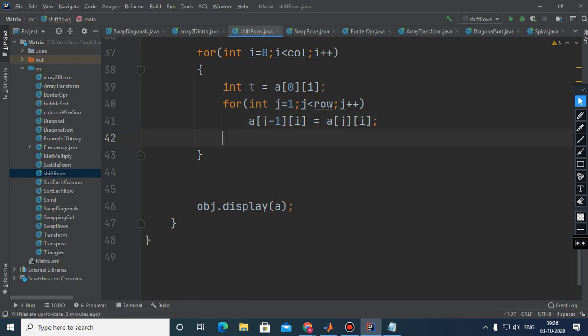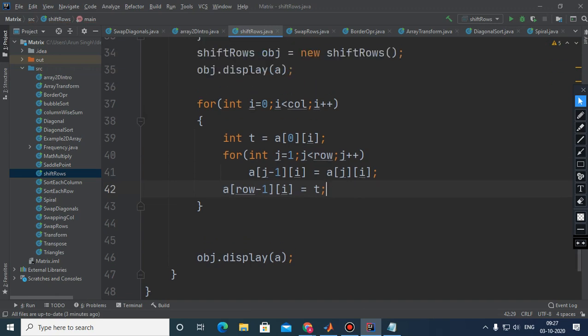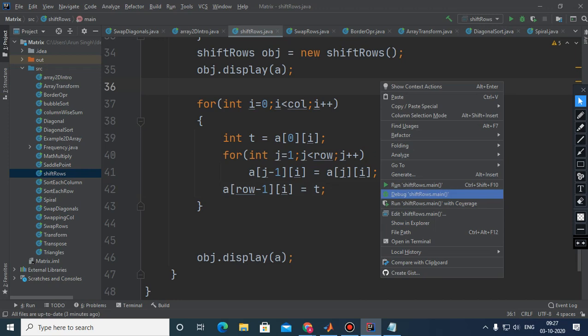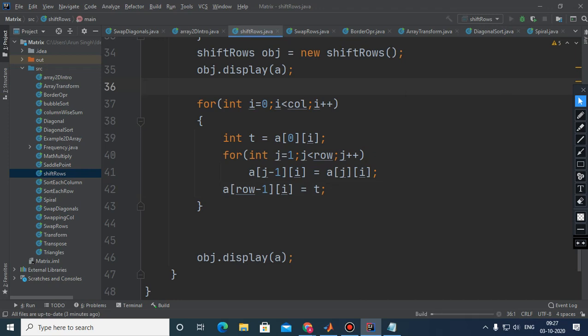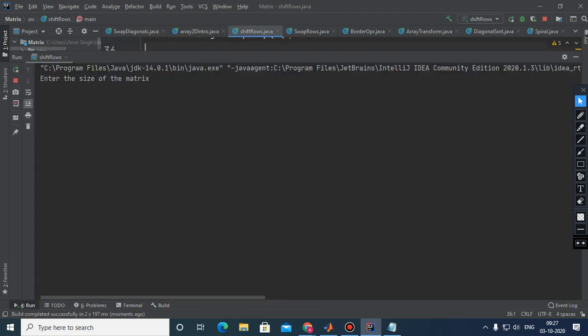This is happening. And after that, what you need to do is just write a[row-1][i] will become t. So this is another method. In this, you need not consider the other array.